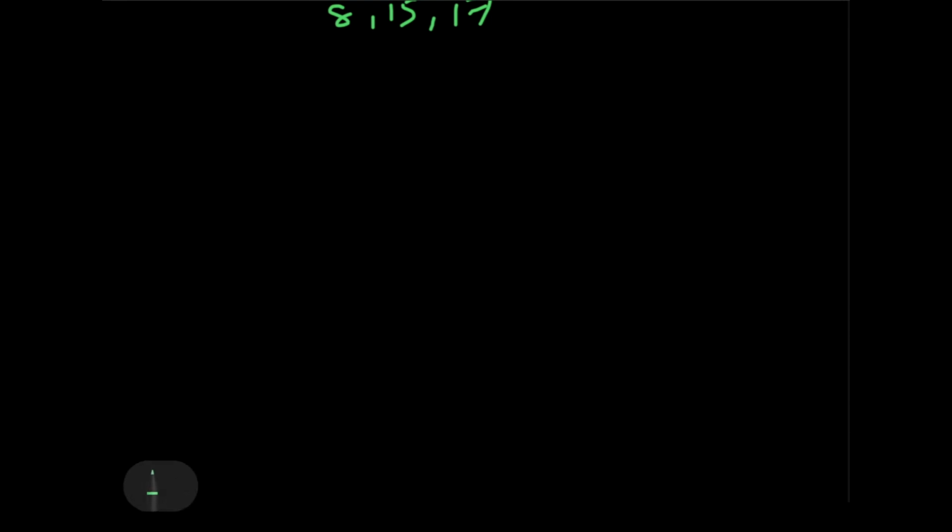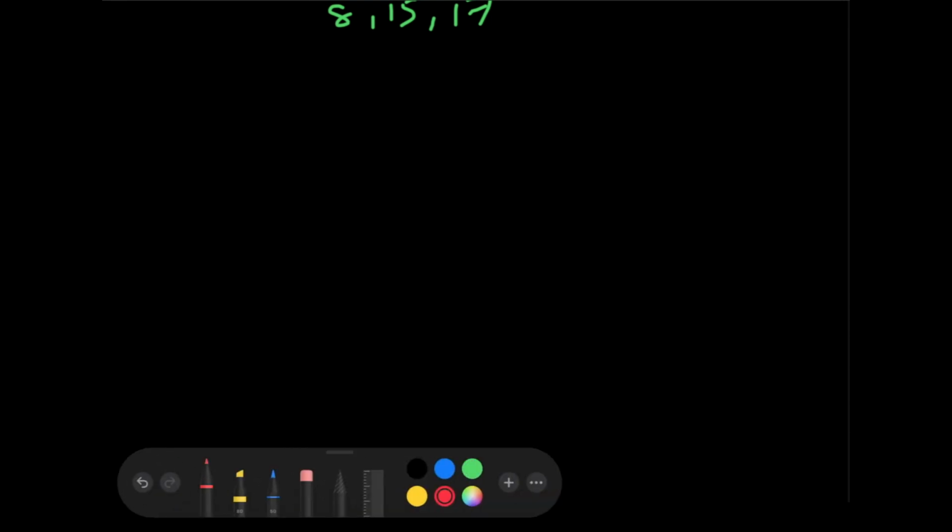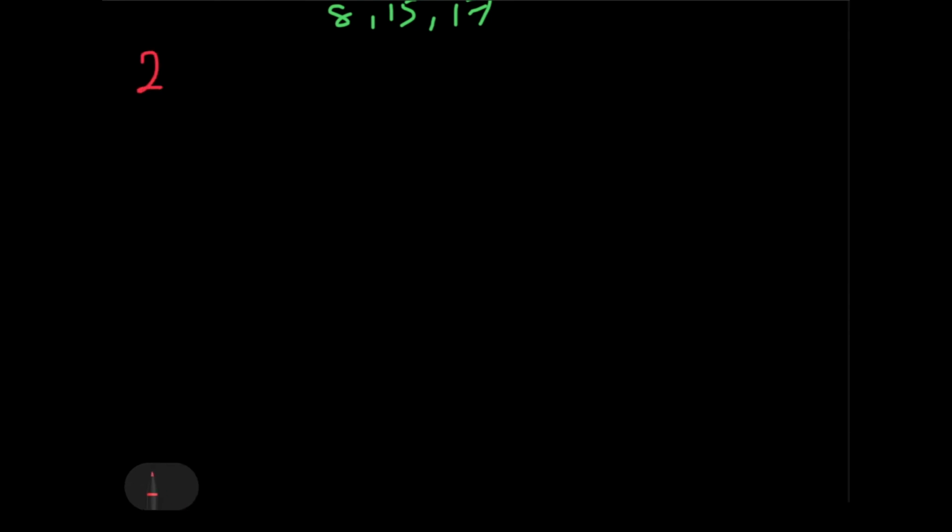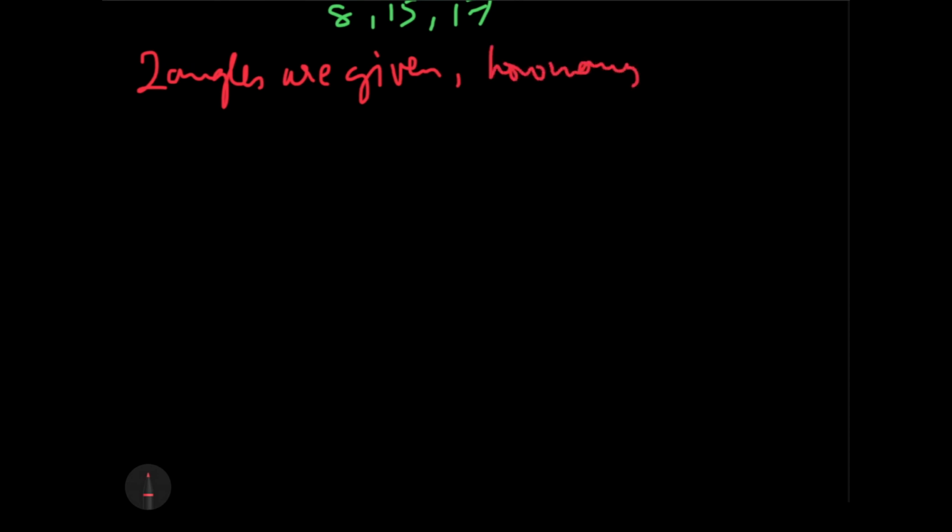Let's take a sharp example to help us. Okay, let's take the two sides. So two sides are given, and we have to find out how many triangles are possible. Just writing it in short, guys. Now for this, let's say the two sides I have are 8 and 15.